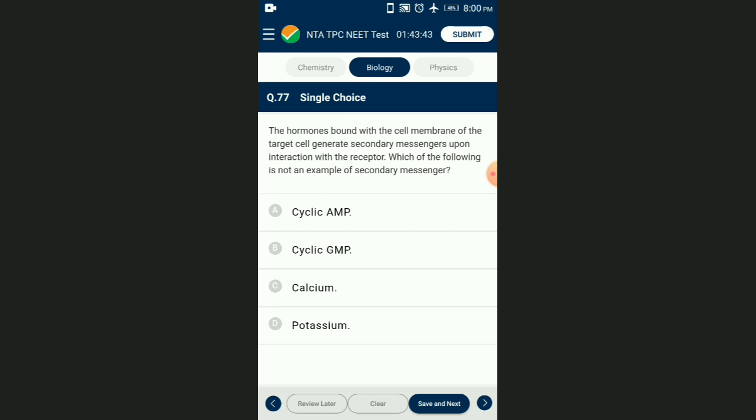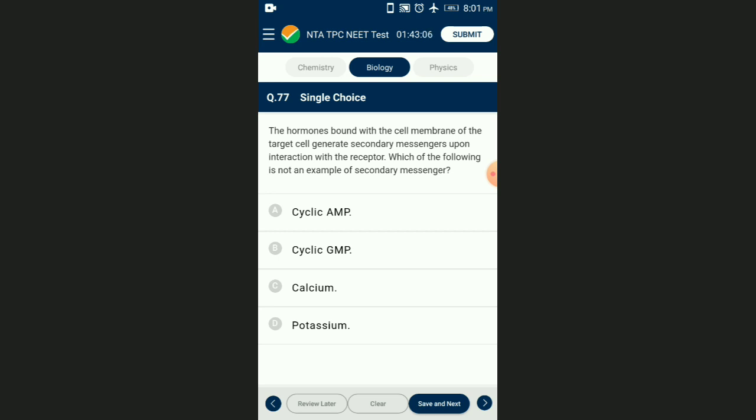Question number 77. The hormones bound with the cell membrane of target cell generate secondary messengers upon interaction with the receptor. Which of the following is not an example of secondary messenger? The hormone which do not enter inside the target cell generally bind to the membrane bound receptor and generate secondary messengers inside the cell. After the formation of hormone receptor complex, the cytosolic part of the receptor produces secondary messenger like